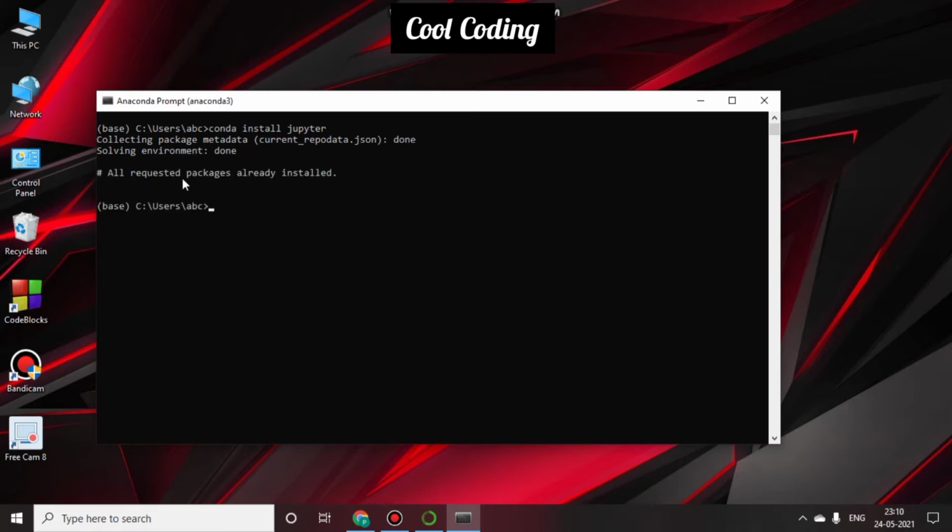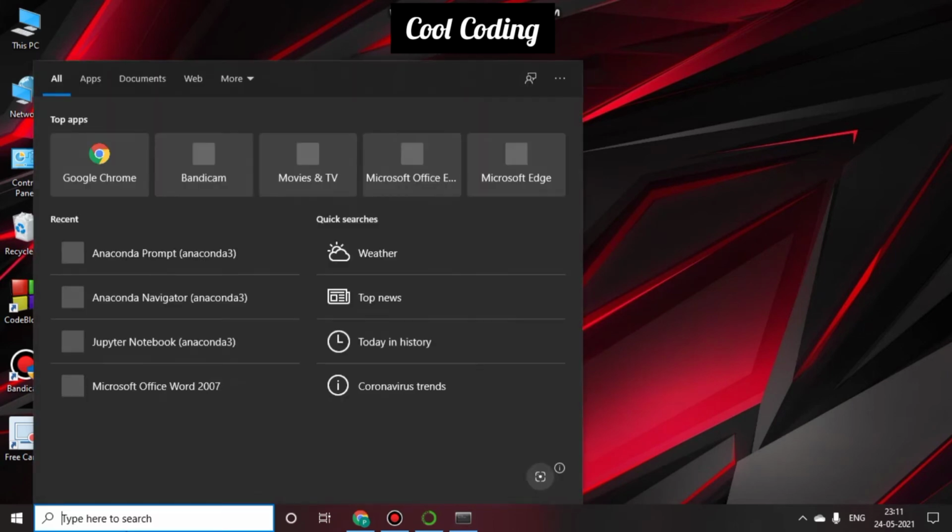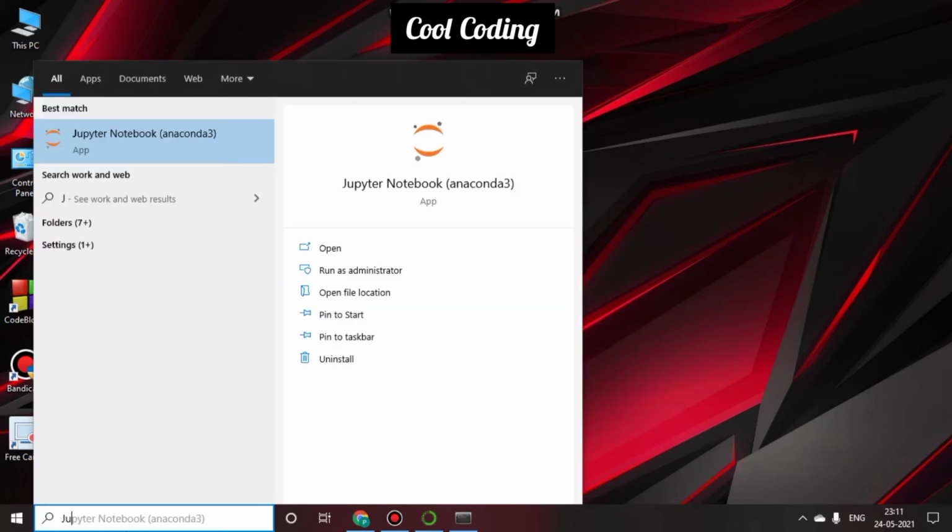Yes, you can see here all requested packages are already installed. Similarly, you can install Spyder from here just by writing conda install spyder, and after that you can directly open your IDE in which you can program.